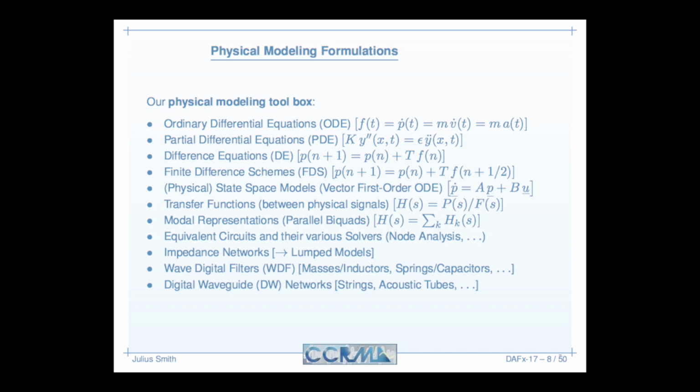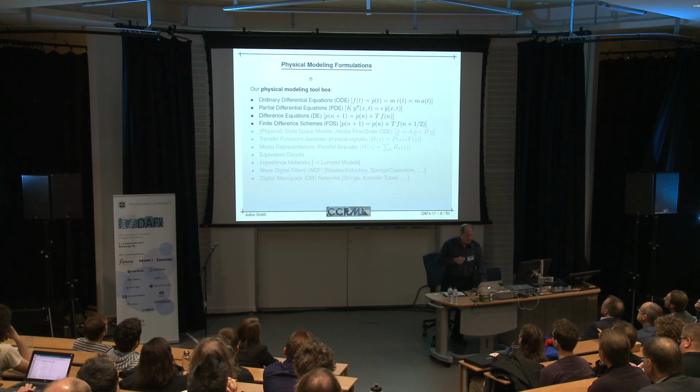And so here's a very simple discretization: momentum at time n plus 1 is the previous momentum plus the sampling interval times the force applied through that time interval, which is assumed constant over the sample. That's a very, very simple difference equation corresponding to the differential equation, the ODE of the F equals ma. And then there's a much larger set of tools, other forms of difference equations that we call finite difference schemes, and they may have various properties and various convergence and stability properties and so on,